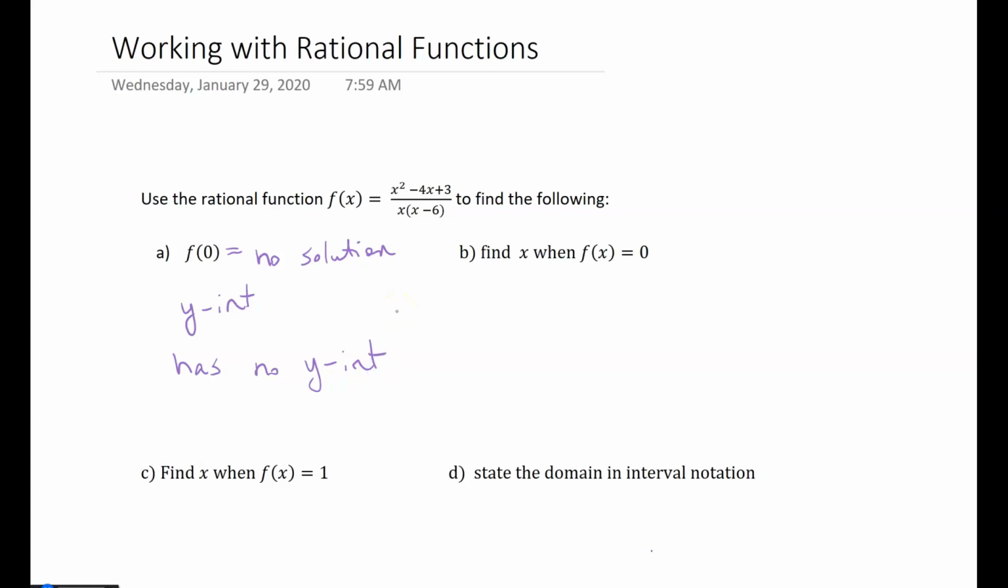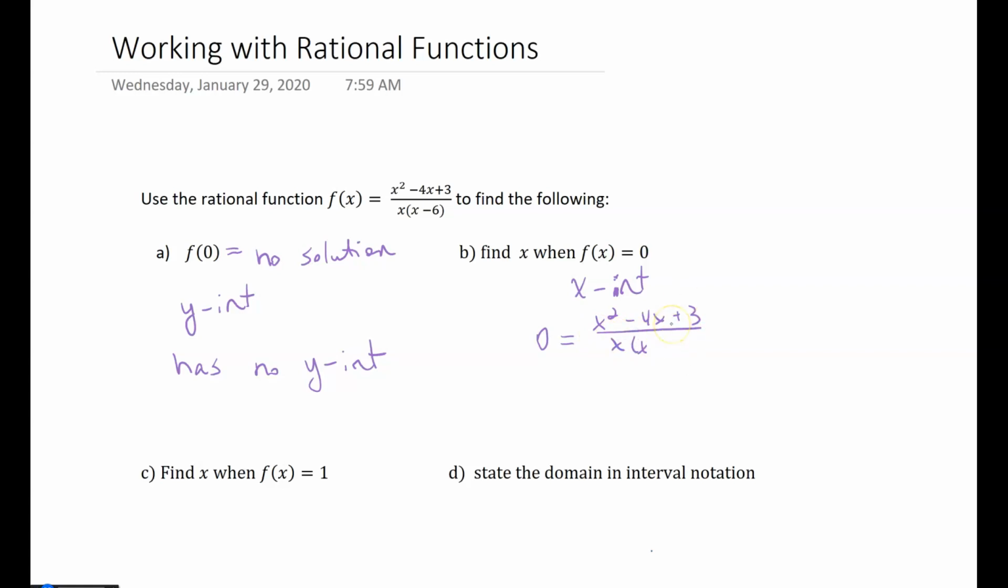All right. So the next thing I asked you to find was x when f of x equals 0. So this is setting the function equal to 0 and then solving for x. And again, the reason I asked you to do this one is because this is finding the x-intercept. And I also wanted you to notice that when you set a rational function equal to 0, what happens is the denominator, once you multiply that to both sides,